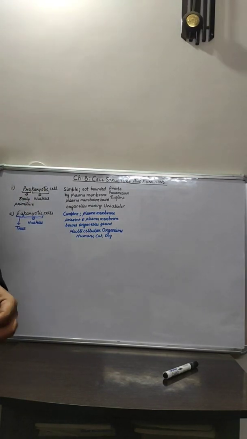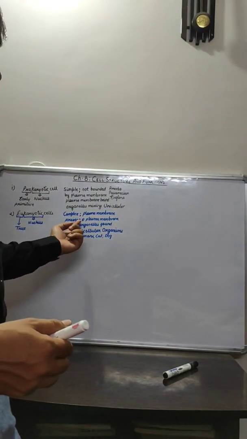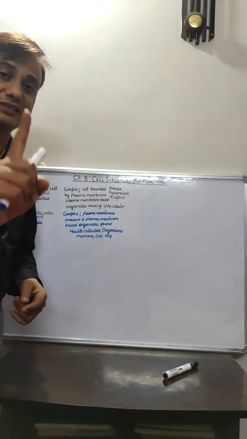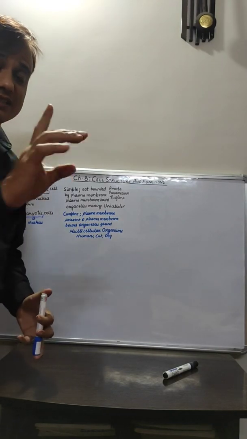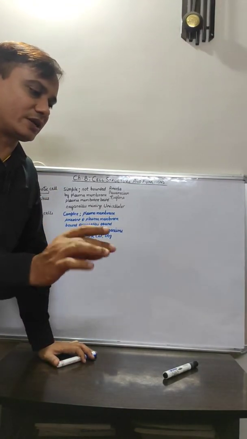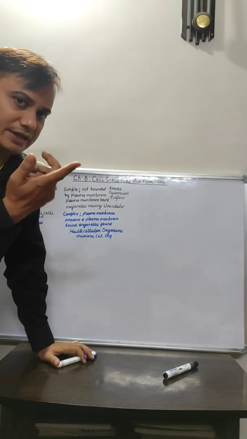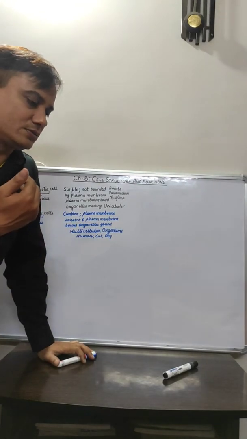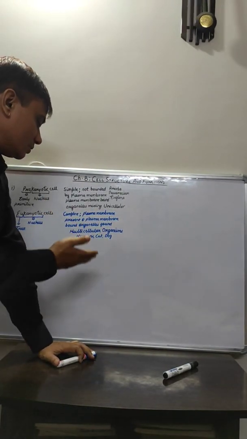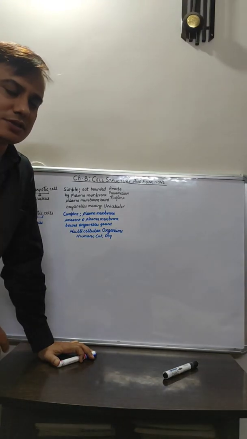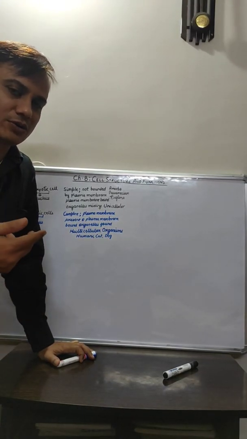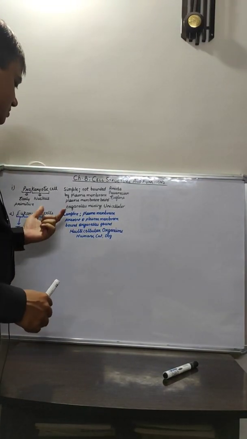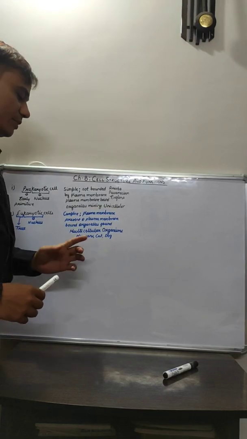Now coming to the point, because if we are talking about the single cell organism, that is a unicellular organism, what does it mean? It means there is only one cell present. If only one cell is present, what does it mean? It means that the organism is not visible to you with the naked eye. You have to use a microscope in order to see that organism. On the other hand, if we talk about the multicellular organisms, I don't think anyone requires a microscope in order to see me, neither do I, right? So that is about the unicellular and the multicellular organisms.